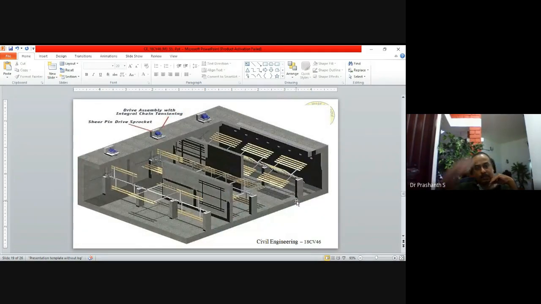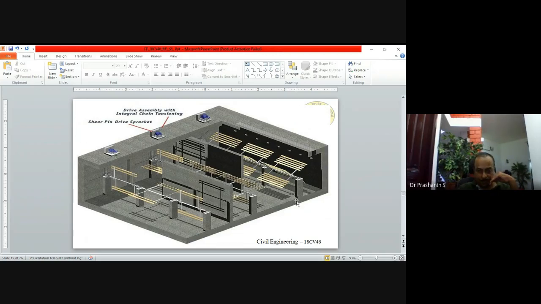And here also you can see the flocculating chamber. It is operated using a motor arrangement that mixes the water slowly. The flocculating chamber motor runs at a very slow pace. Then the water is taken to the settling chamber. These are the constituents of